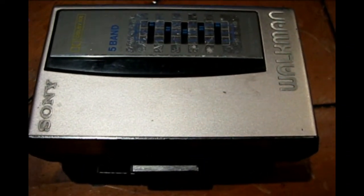Well, I was digging around in the closet for something else and I came across this old thing. This is a Sony Walkman WM-36. Now this was mine when I was in college. I brought this over with me from England to the States